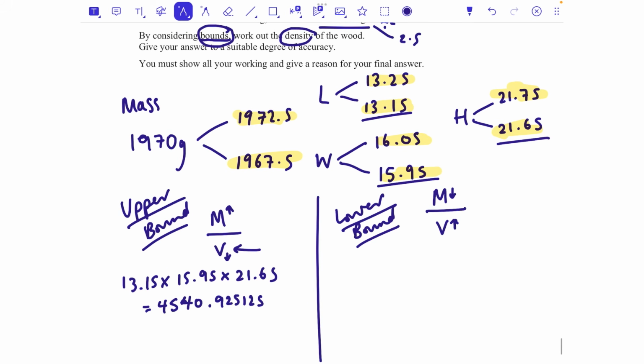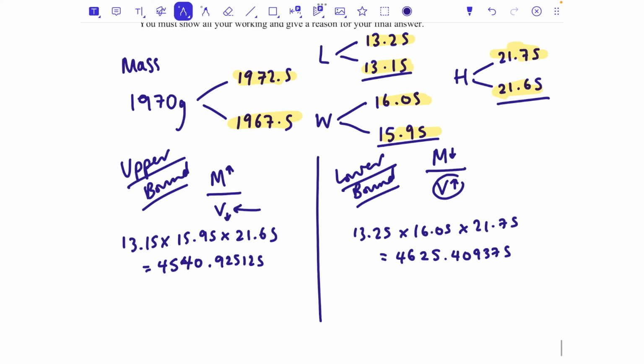And then for the other calculation, for the lower bound, I need to get the biggest volume that I can. So I'm going to do 13.25 times 16.05 times 21.75. So timesing those together, I get 4,625.409375. Great. I now need to, for the upper bound, do the biggest mass divided by that answer. So that's going to be 1,972.5 divided by